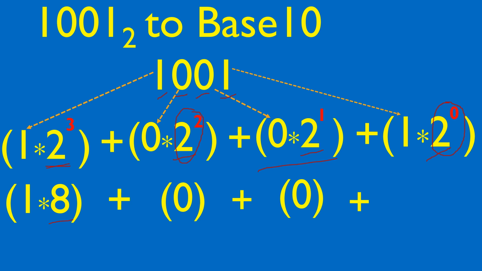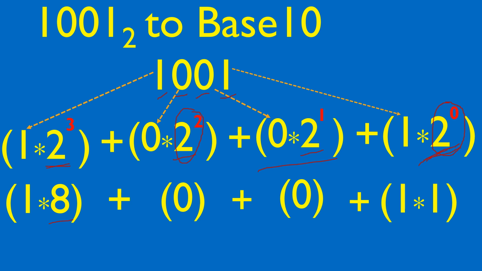Again, we have 2 raised to the power of 0. You raise a number to the power of 0, it's 1, except if it is 0 that is being raised to the power of 0. So since this is 2 raised to the power of 0, this becomes 1 times